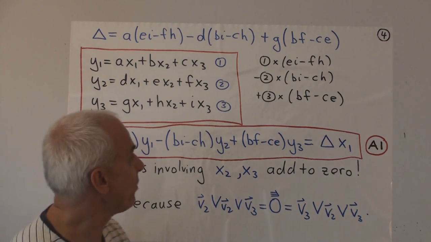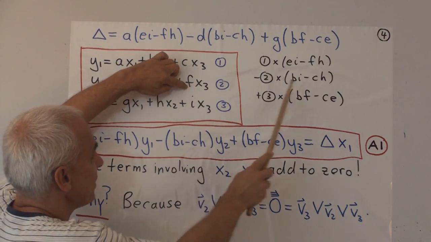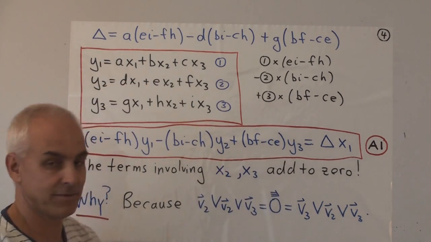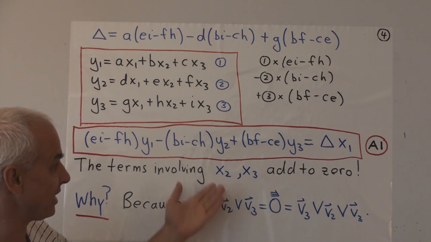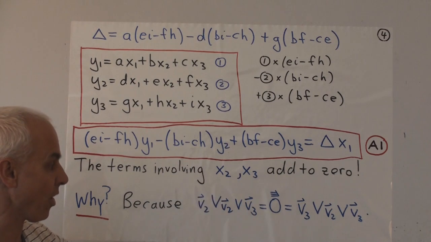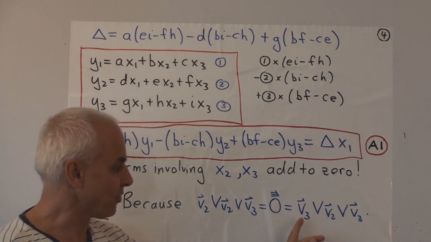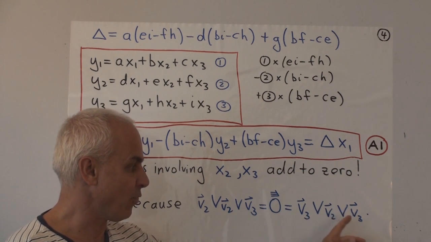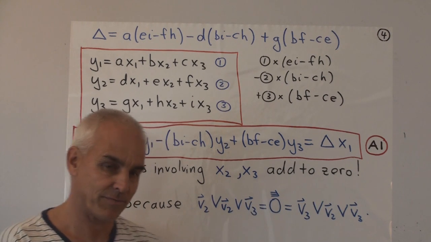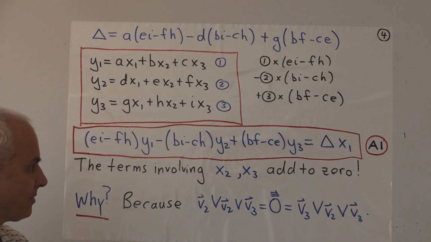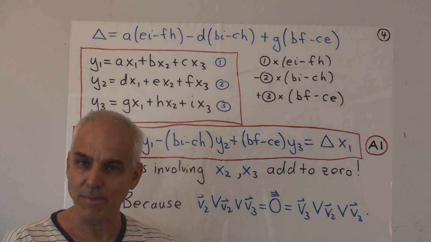In a similar way, when we look at the x3 term, so c times this minus f times this plus i times that, those things also combine to give 0. And the reason is either you can work it out directly, or what we're really doing is replacing the V1 with the V3. And so the trivector is V3 wedge V2 wedge V3. That has 0 area because there's duplication in the 2 vectors. Okay, that's a very important argument.